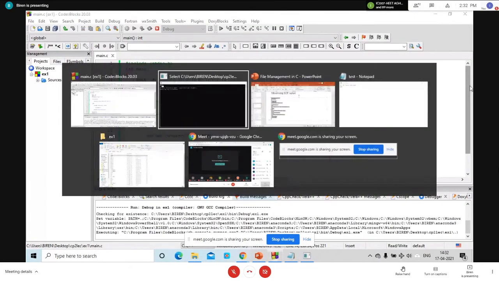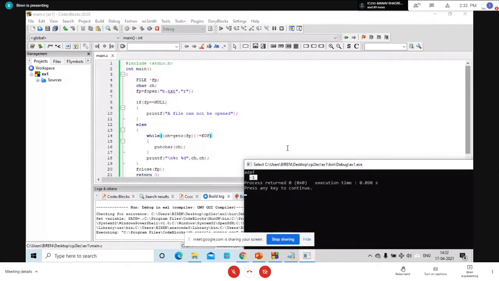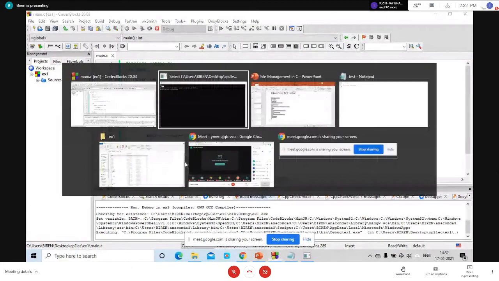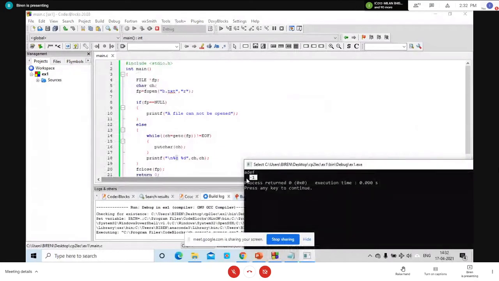Sir, what is the use of that %c? With %c, basically I want to print that EOF, but I cannot print it. That's why, like here you can see in the output, I want to print the EOF character to see how it looks, but I cannot print it using this.